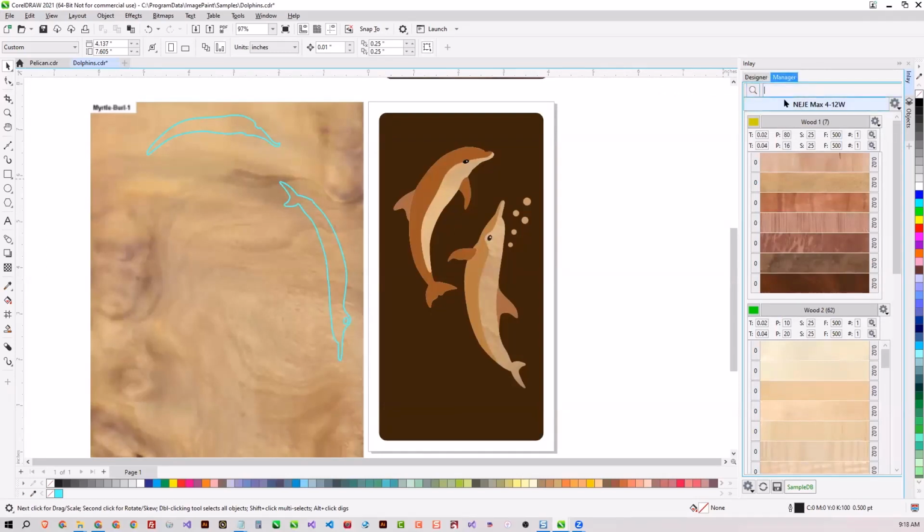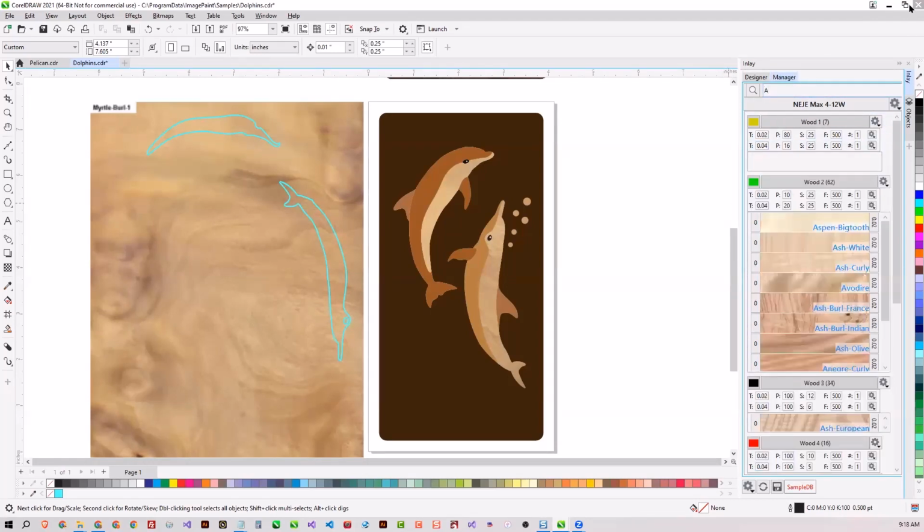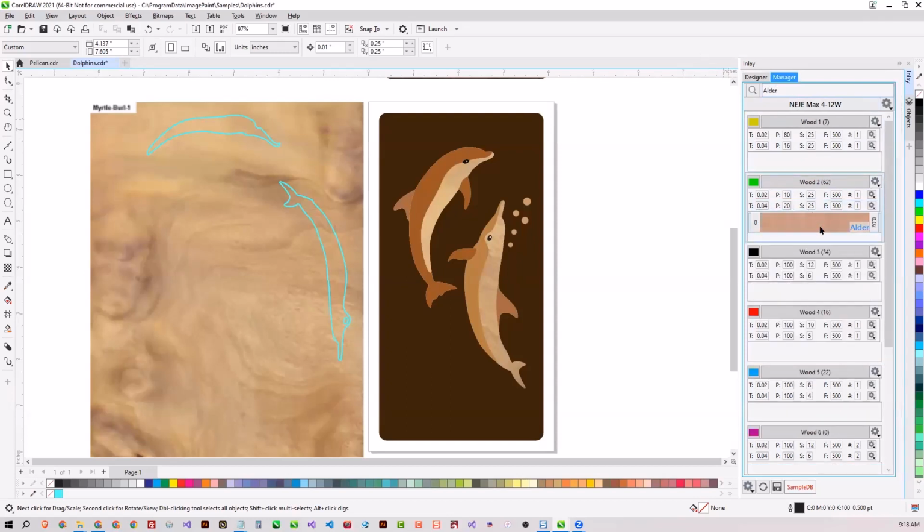And when you click this button, it either shows or hides the edit box that allows you to enter text to search for certain veneers you want. I like to display my species name so that I can see it there. For example, if I'm looking for alder, I just type A, and it gives me all the materials starting with A. If I keep doing this until I find the alder veneer,